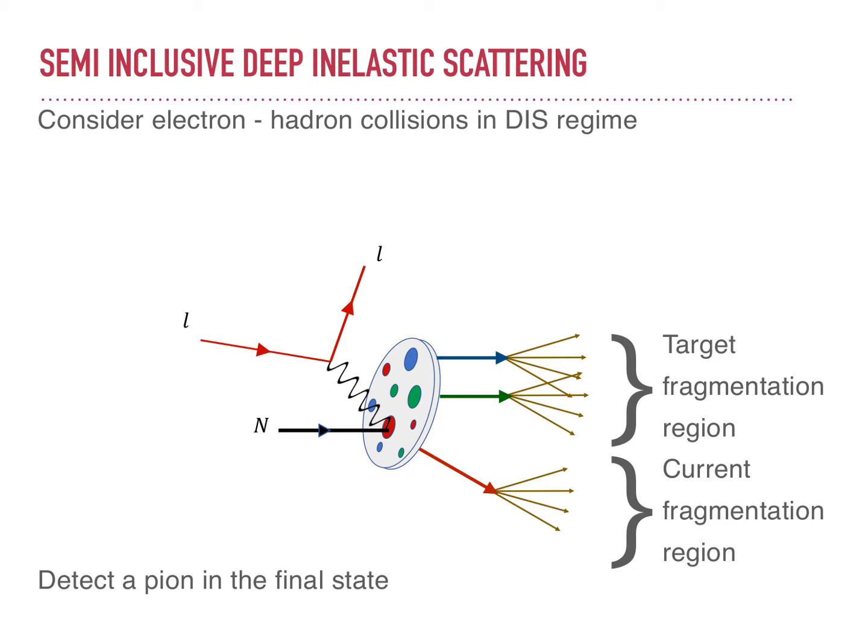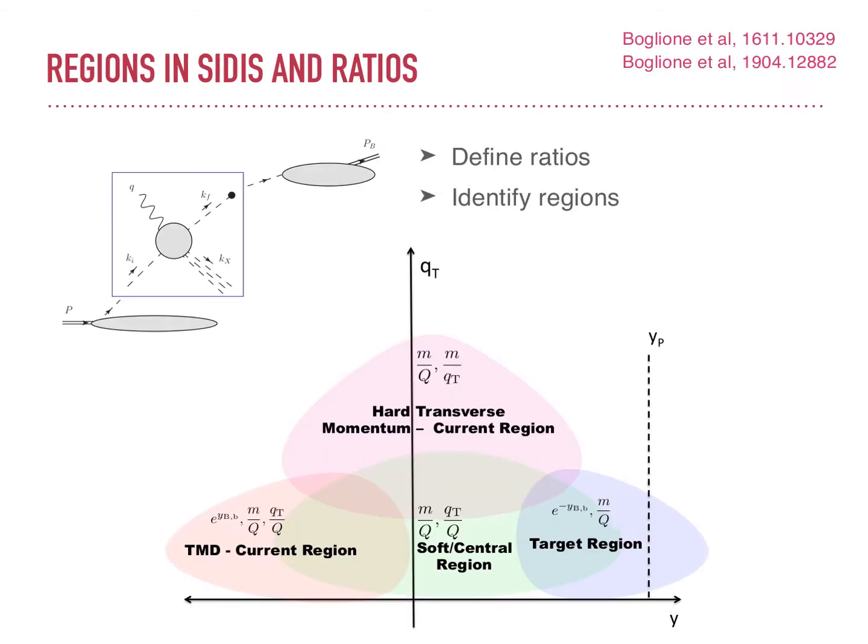This quark forms a hadron in the final state, such as a pion, which is detected along with the scattered electron. There are several regions where the produced hadron could be found, which is a dilemma related to the analysis of data for SIDIS, and we have developed a tool that can help guide us in determining which region the